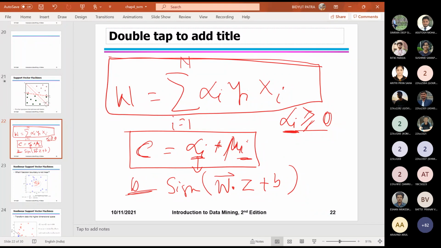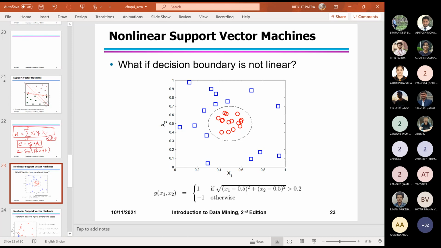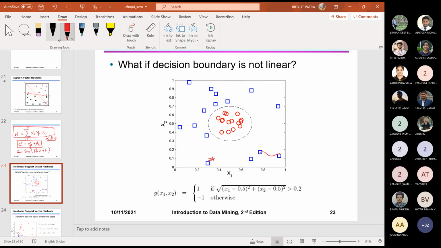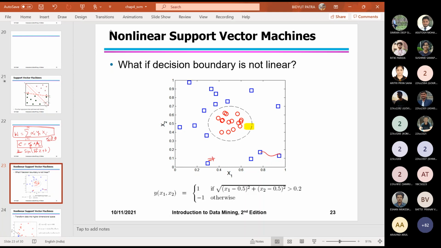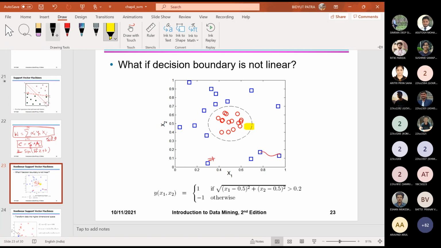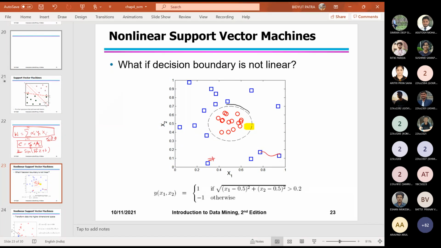Okay, but there may be a scenario here. If you see, these are, say, one positive class, and this is another class here. Okay, so this is another class here, and then we have another class here. So in that scenario what will happen, we won't get a line or hyperplane which will separate the positive sample and negative sample. So in that case actually it is not a line or hyperplane, we'll get a decision boundary. Okay, which is non-linear.